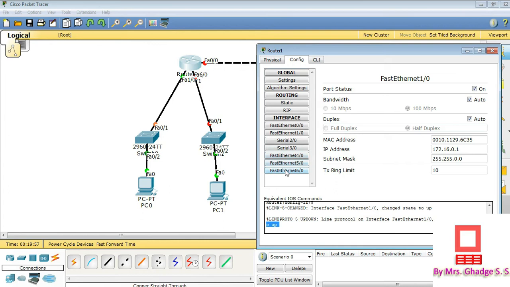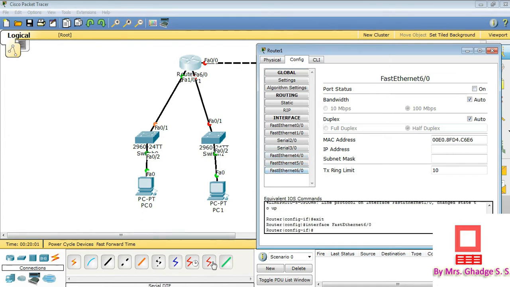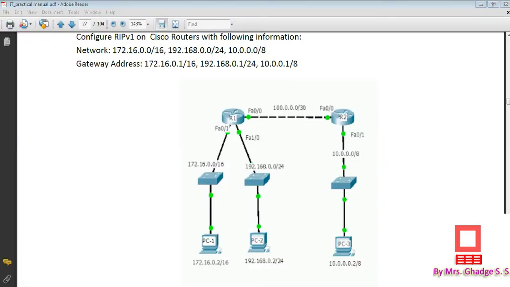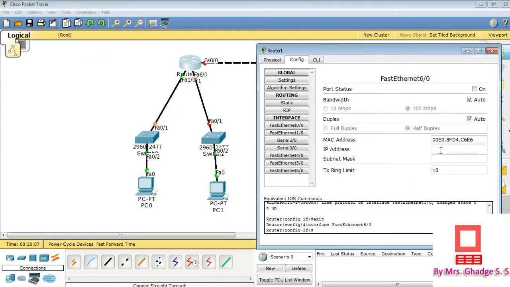Okay, you can see in this diagram the green symbols, that means the state is up. Next we have to configure FastEthernet 6/0, that is the next interface, and for that the network is 192.168.0.1.